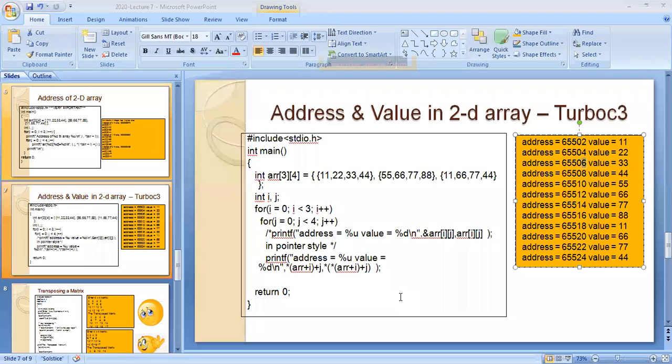So you have understood the address concept? Understood? Okay. And no doubts here? Shall I go with the next one?